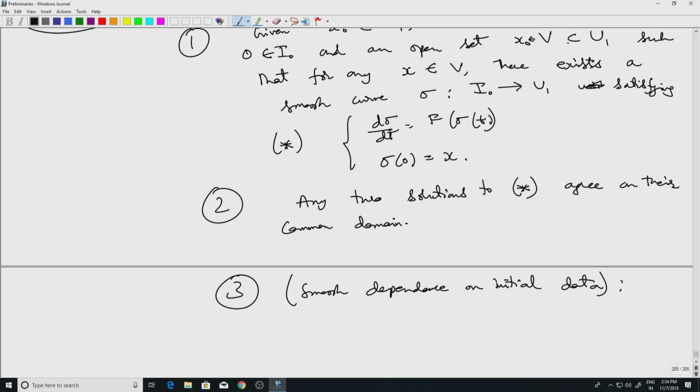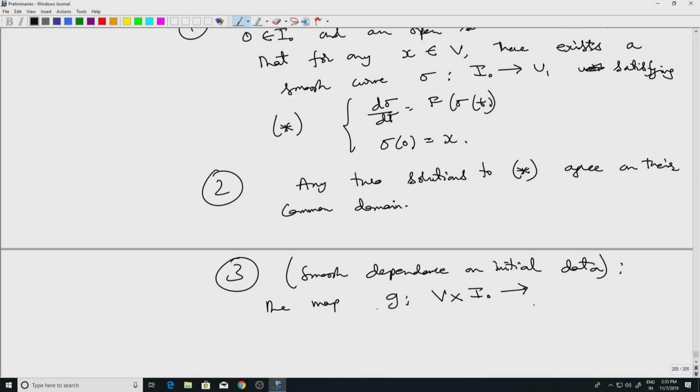So let us define a map, let's say G, from this V cross that I0 to U1 defined by